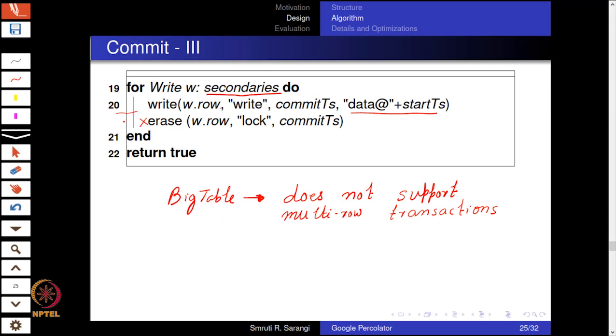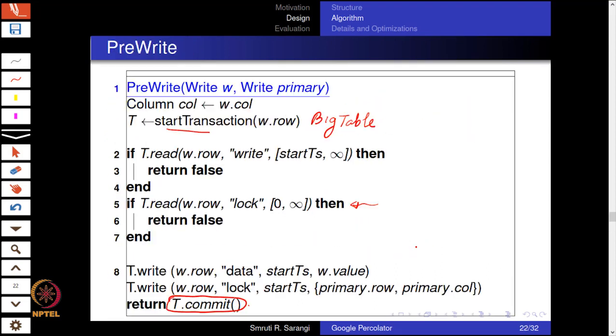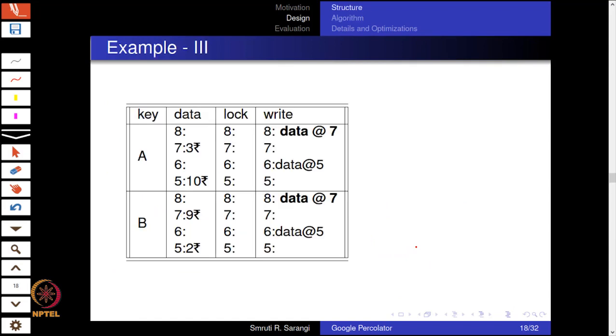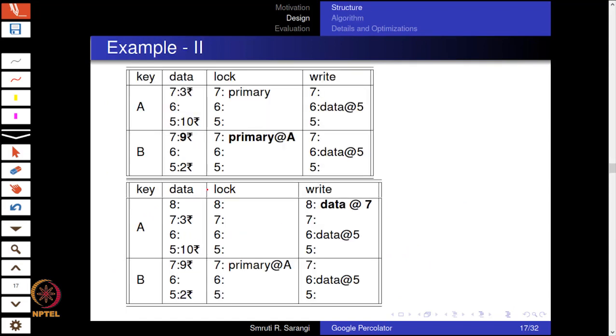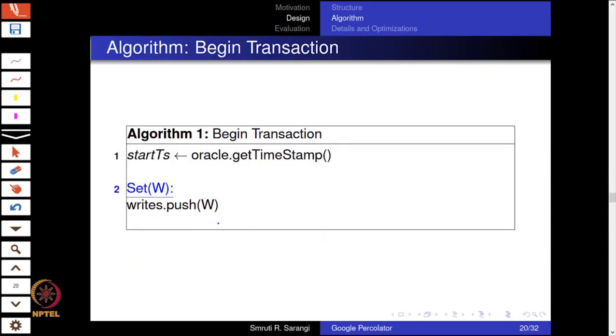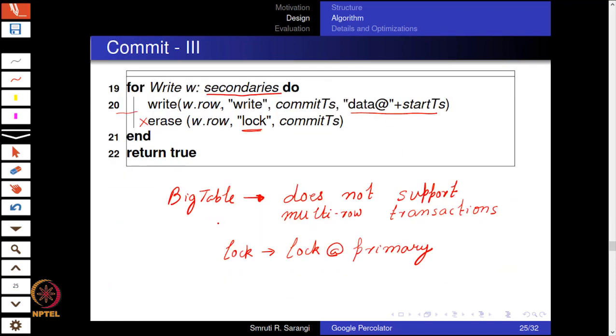The reason that is not an issue is that if we take a look at the lock that a secondary holds, the lock is of this form. It points to the primary. I can give an example with the code we had here. The lock is basically saying that the primary is at A. So just in case any of these threads fail in the middle, we will at least get to know